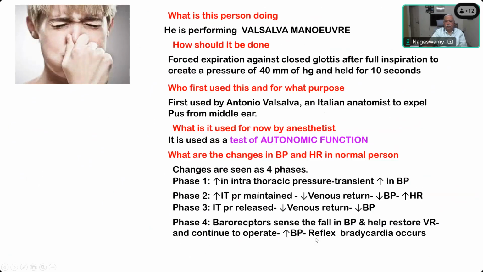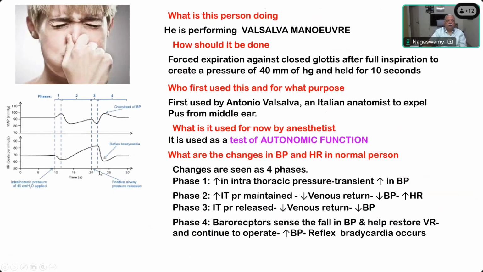So increase in BP reflects bradycardia occurs. Heart rate will come down. This is the change that happens in a normal patient. So you can see all this overshoot, everything happening here in the various phases, phase 1, phase 2, phase 3